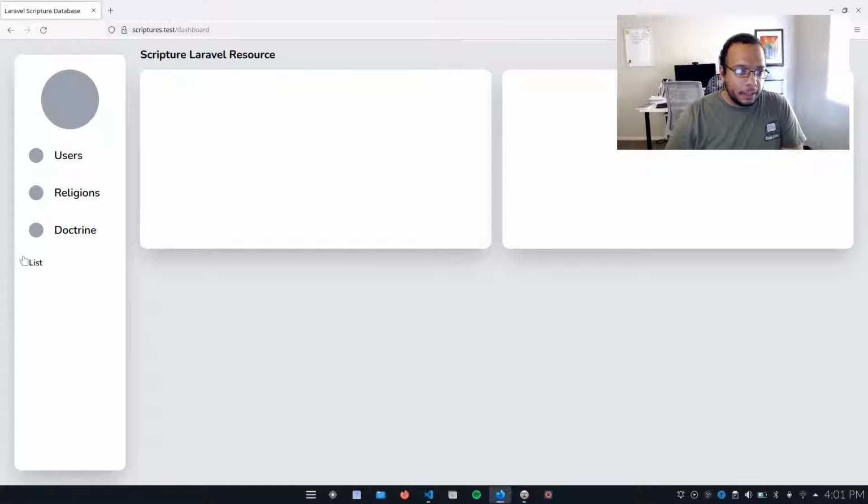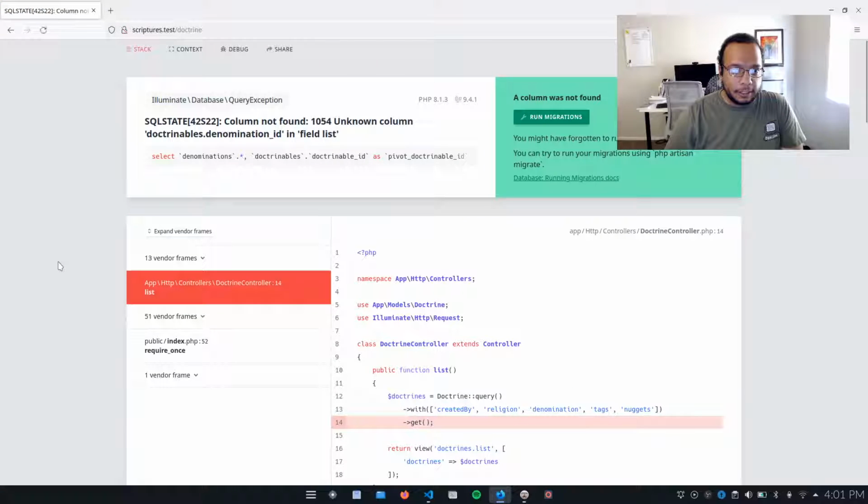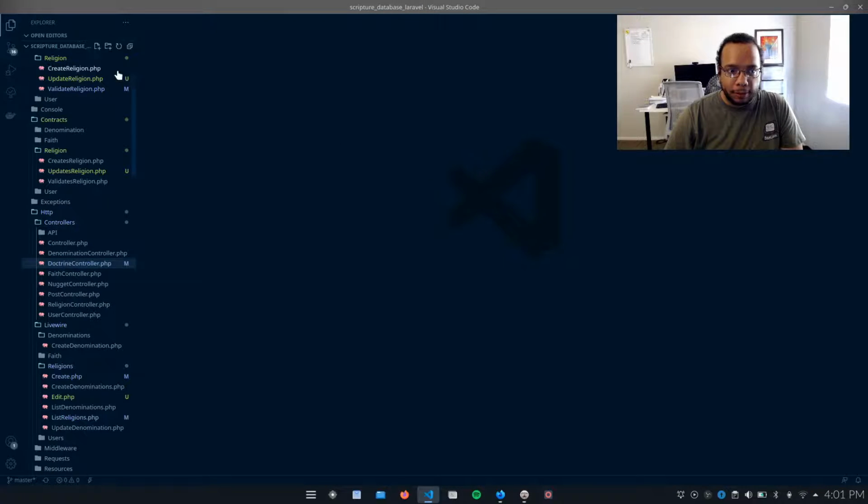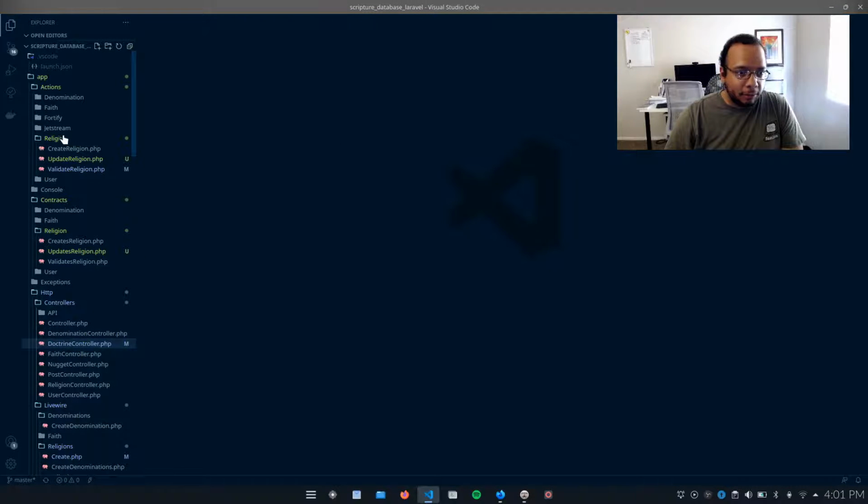So we have the list and we have an issue. This is the last thing I worked on. I don't believe I committed it to the database, but this is what we're working with for now. So let's go ahead and do some fixes and changes. And there's also another thing I do want to look at. If I were to run my debugger, and if I were to go to,